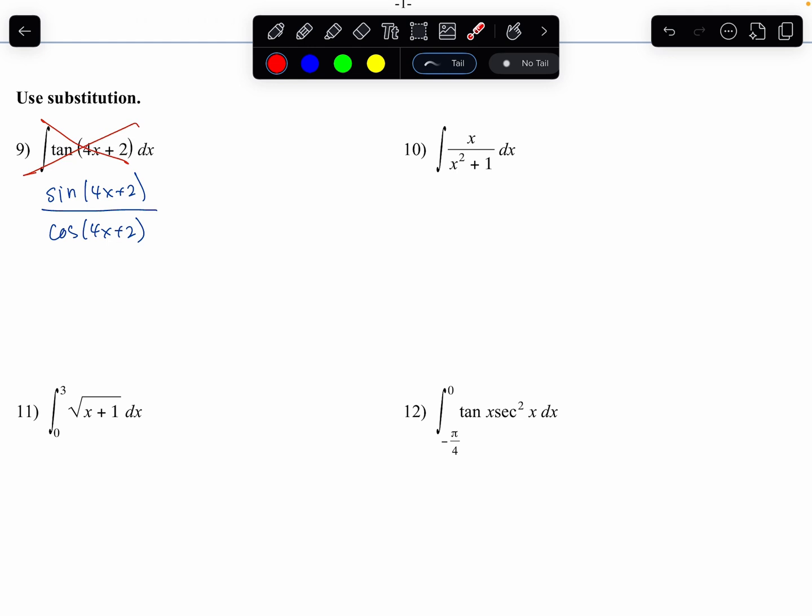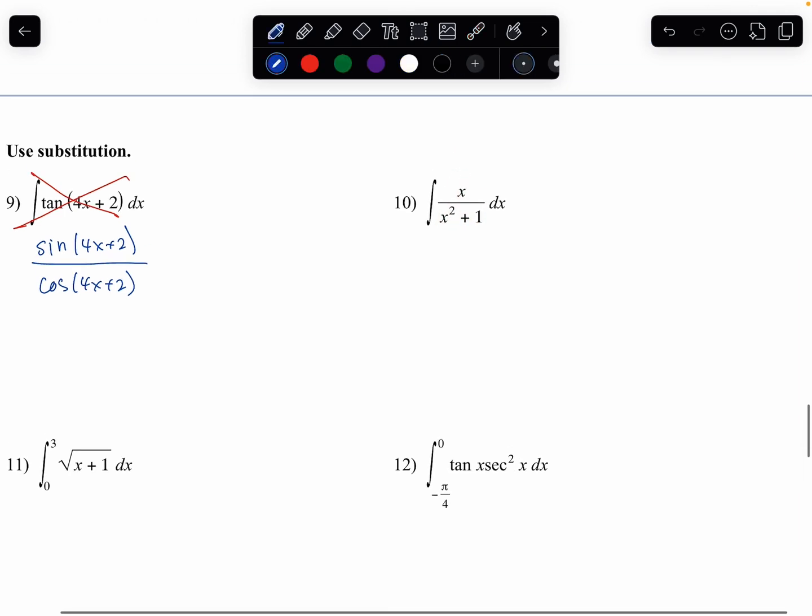For 10, so when I'm practicing u sub, I look for, remember that oftentimes there can be a product because the derivative of x squared plus 1 is x. So maybe the fact that I'm multiplying by x on the numerator is a result from the chain rule. That's what I'm trying to say. And so that's where we usually like to use this u substitution technique, whenever we see that this is the product of a chain rule. And so if I allow u to be equal to x squared plus 1